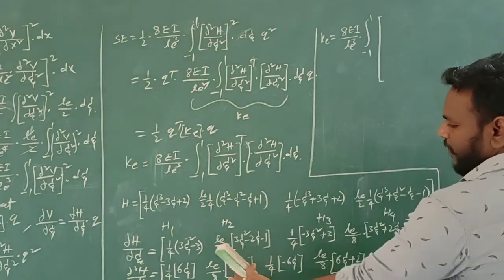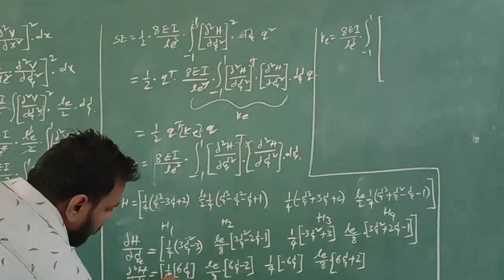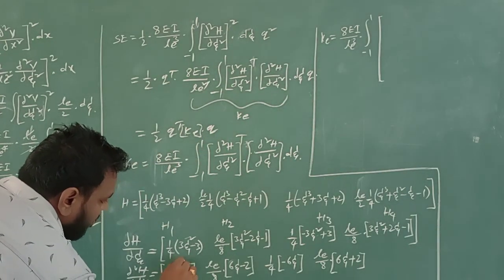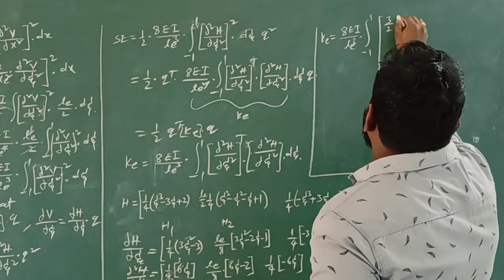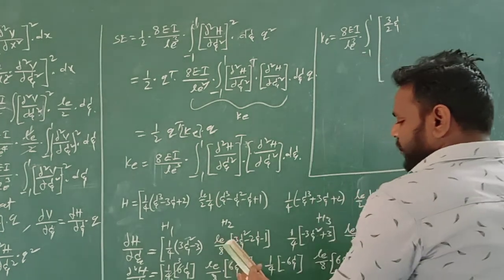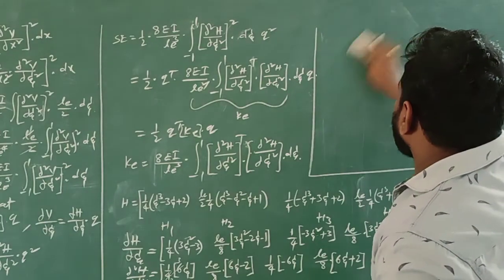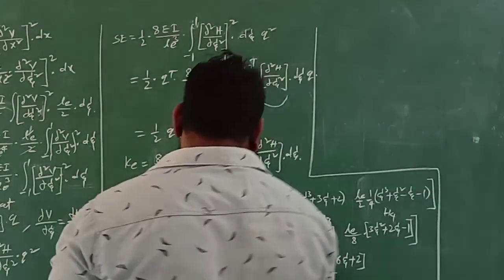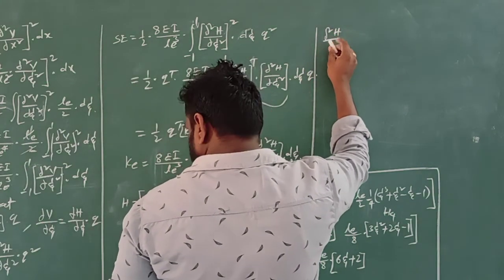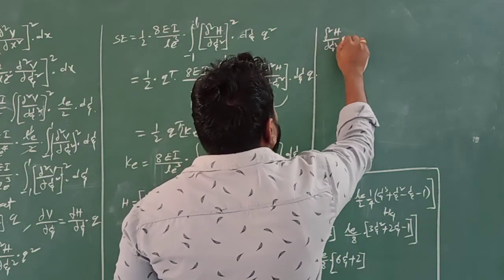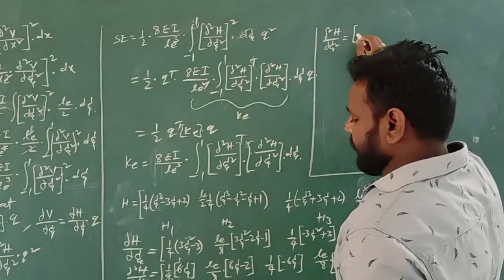So here transpose means 1 by 4, cancel 4, 3 times 2 times here, 3 times, so 3 by 2j. Okay, this is also... So first we have to write the final equation. 2 times, cancel here, ∂²h by ∂j² is equal to, after cancelling, it will become 3 by 2j.